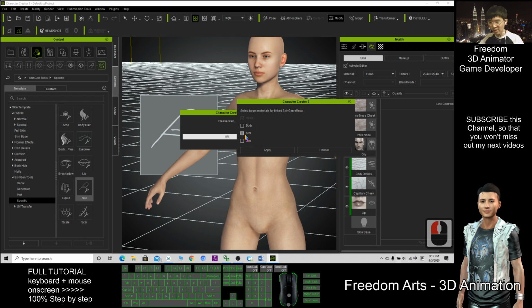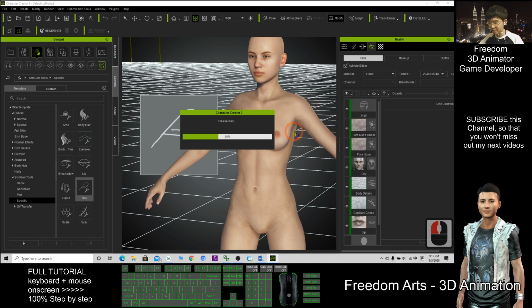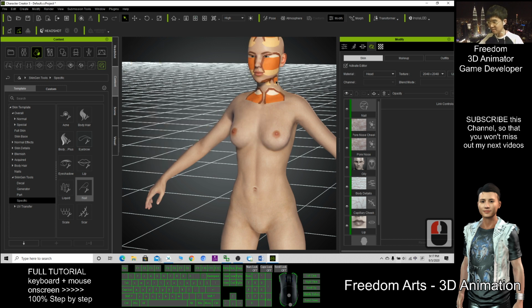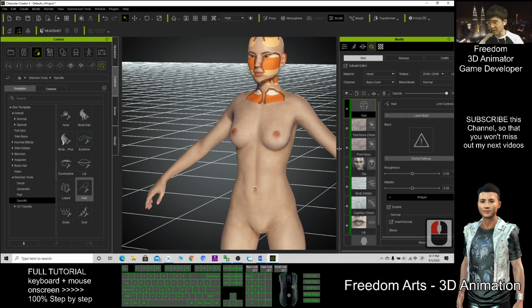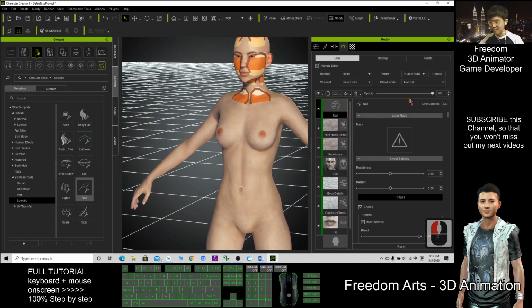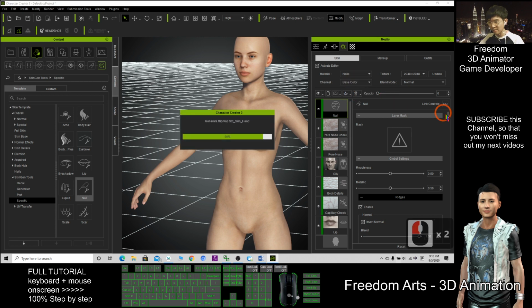So I don't apply on the body, arm, and leg as well. It will apply on the face. Then click the nail, make it disappear. Then here go to the nail,